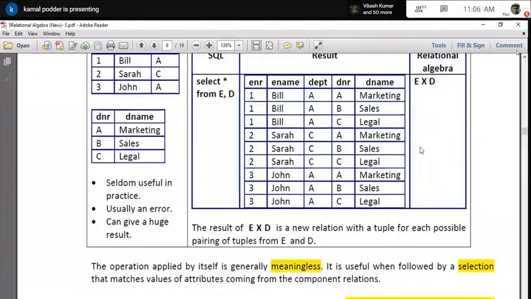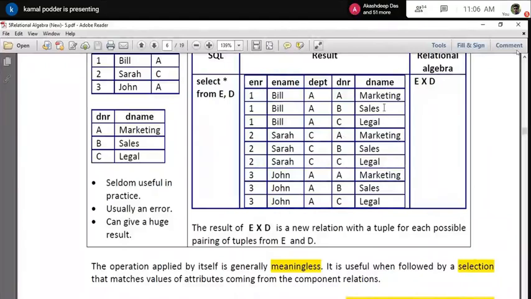You know the combination thing, and you have seen this in relational algebra. You should understand that it is helpful for combining both tables, two tables or three tables, whatever it may be. But what is the result set giving? It is not really a meaningful thing. See here, sometimes it is saying Bill is working in the marketing department.